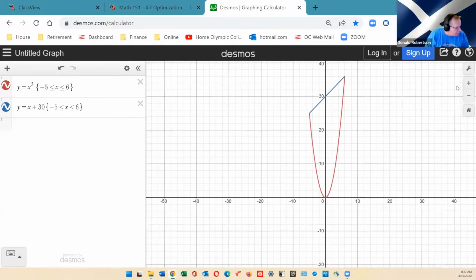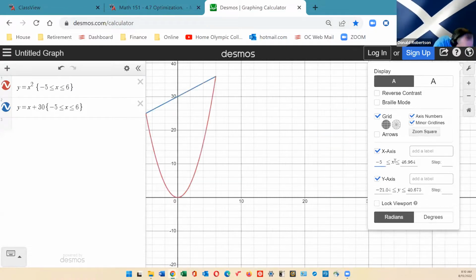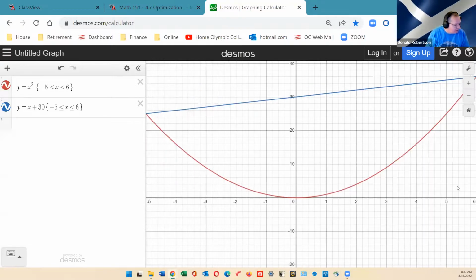So, what else can I do to make this prettier? Maybe I could make the x's just go from -5 to 6. There. And allegedly, at this point here,